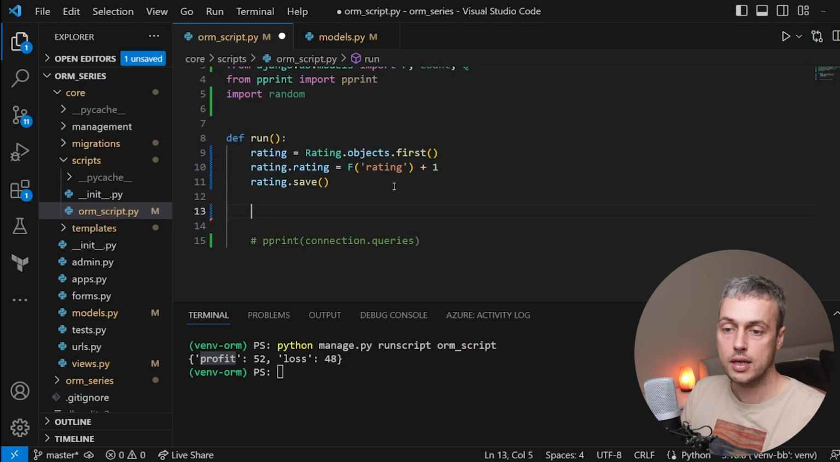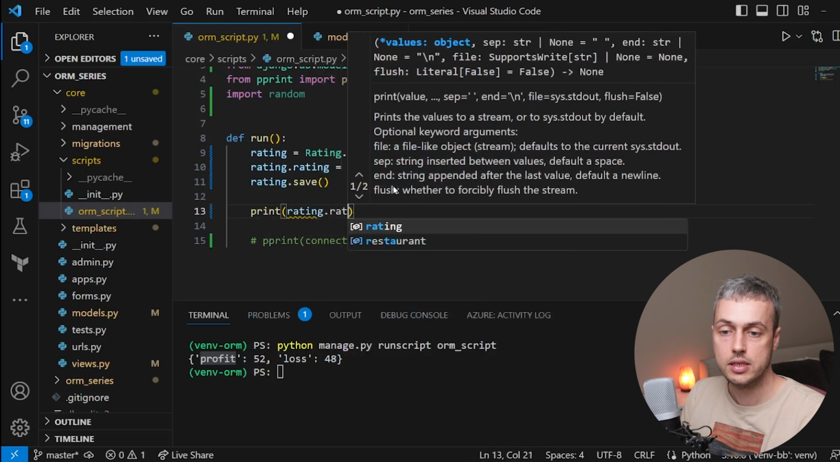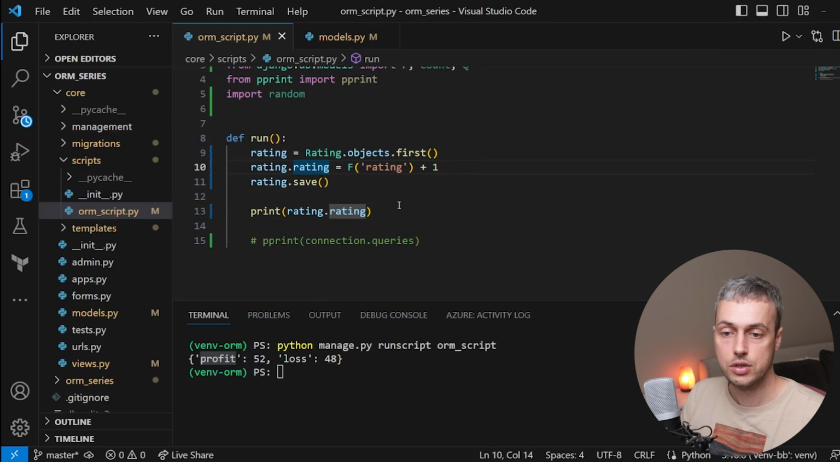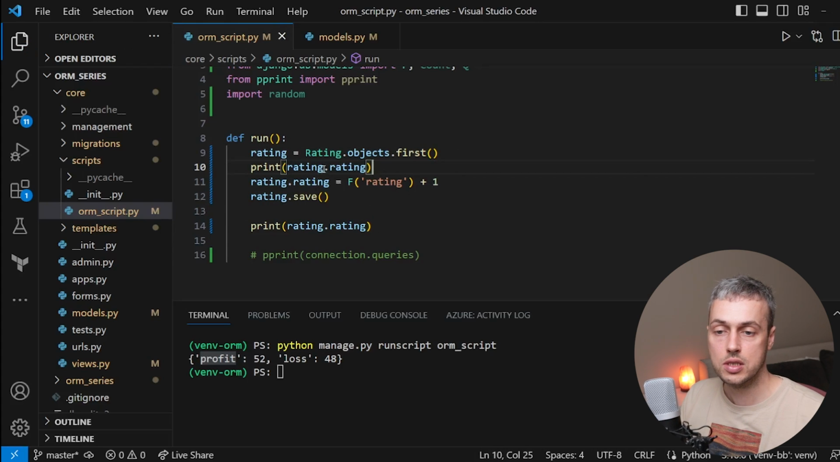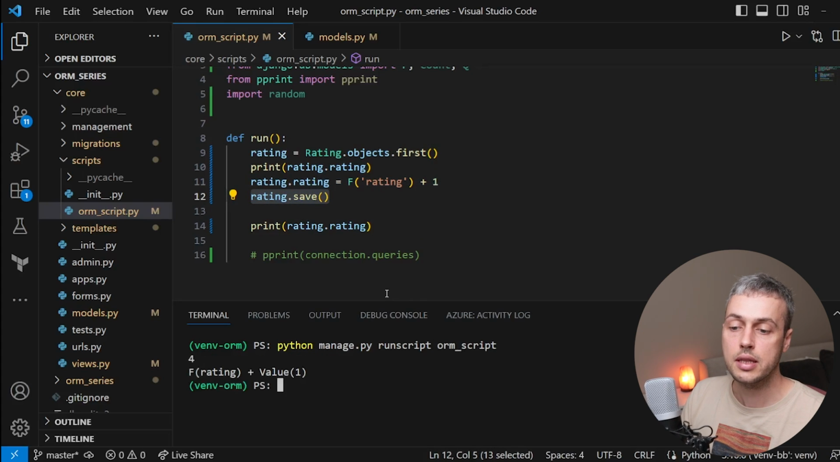Now what I'm going to do below that is print out the rating.rating value here. And we're going to do that at the top as well, just before we change the rating. So let's print it out at both stages of this operation, before and after this expression is applied, followed by the save method. So let's rerun the script at the bottom,